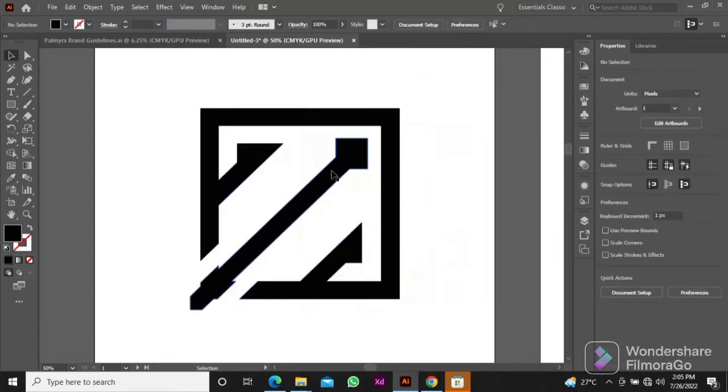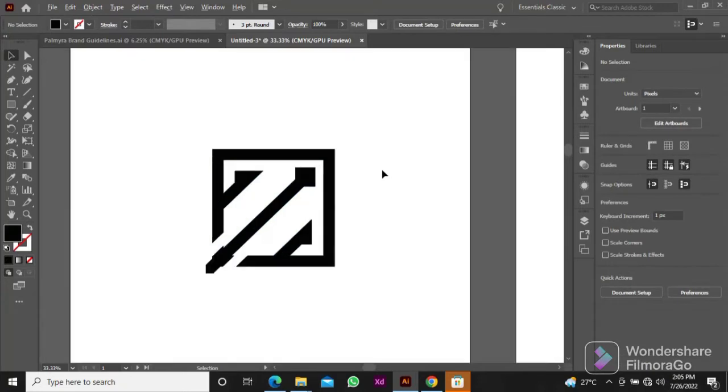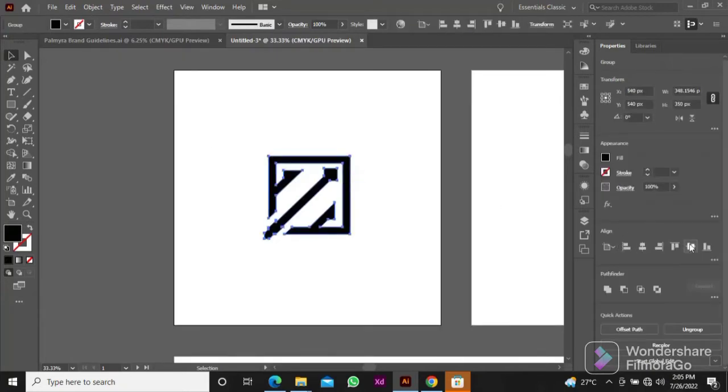Now as you can see, our logo is ready. So the next thing that we're going to do now is resize and color. Resize it to any size you want. It might be small, it might be big. So head on to the swatches menu